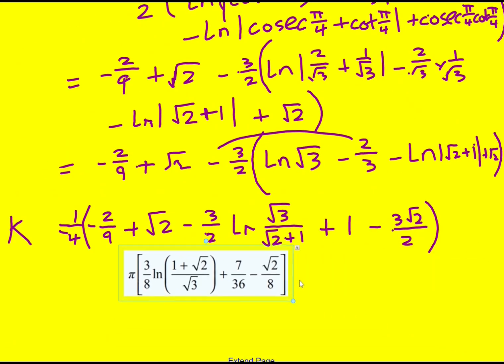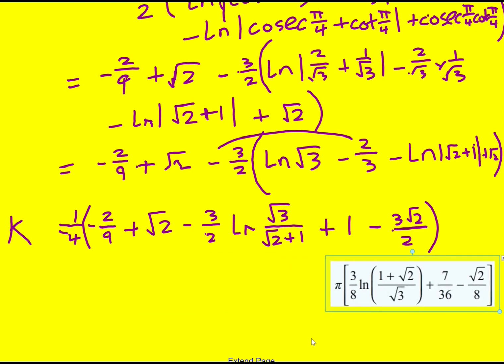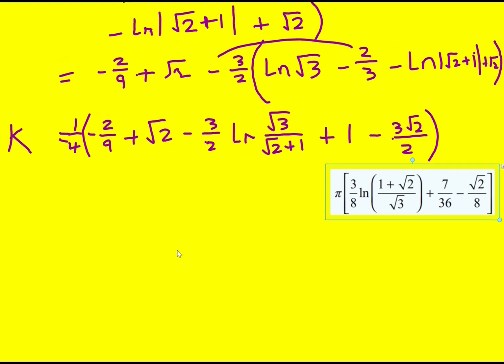So don't forget, k, we actually have to still multiply it by pi to get back to v, because k was the actual integral. I didn't worry about pi because I just thought that would overcomplicate it. But maybe I'll bring it back in now. So finally, v is going to be pi